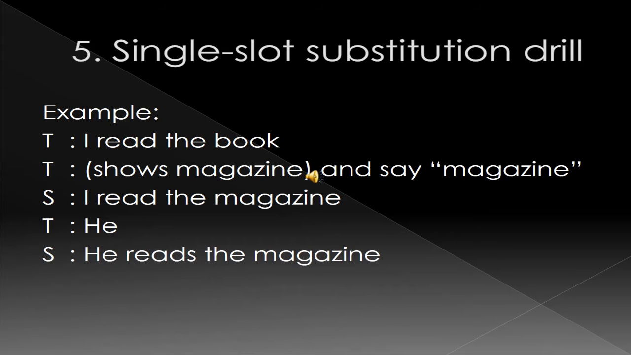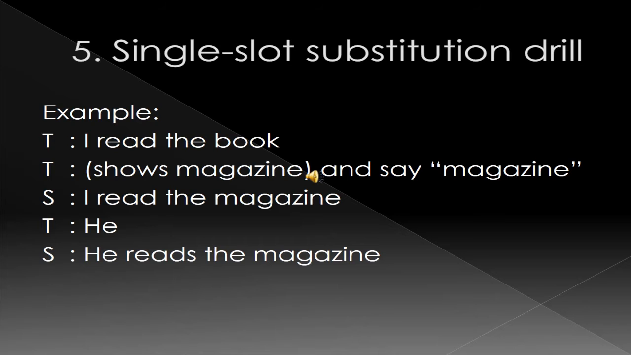Next is single slot expectation drill. Here, the teacher says a line from the dialogue. Next, the teacher says a word or a phrase as a cue. And then the student repeats the line that the teacher has given them, substituting the cue into the line in the proper place. The major purpose of this drill is to give the students practice in finding and filling in the slot of a sentence. For example,